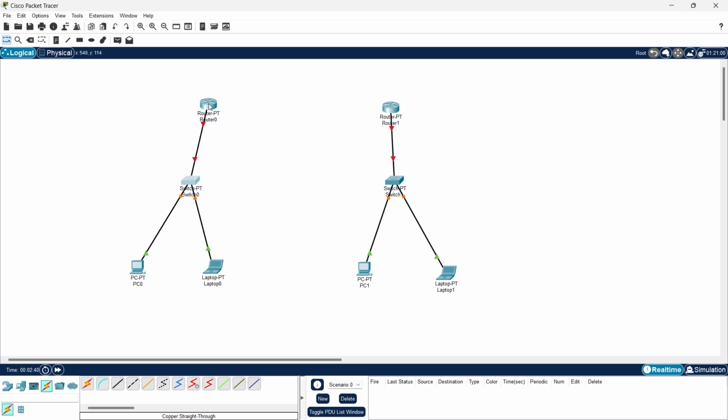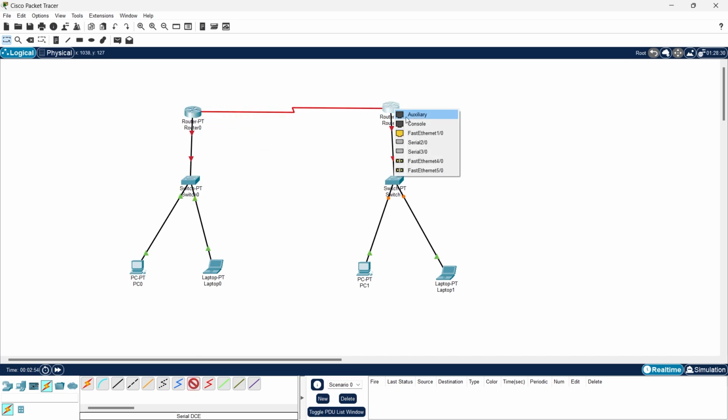Okay, and then connect the two routers in this one and this one, serial 2/1. Okay, after they are connected,